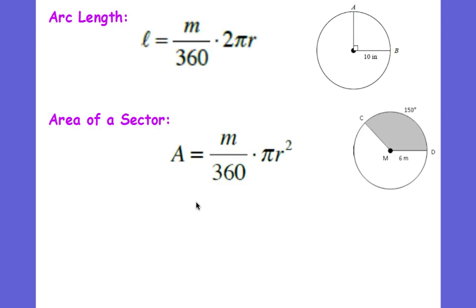So what in the world is a sector? It's got the formal definition in your notes, but basically it's just a pie piece of a circle, just a part of the whole area of a circle. They'll usually have that shaded in for you and call it something like sector CMD. You'll notice this area of a sector formula looks a lot like the arc length formula. They're really, really similar. The only difference is, whenever we did arc length, we usually set up a proportion, like